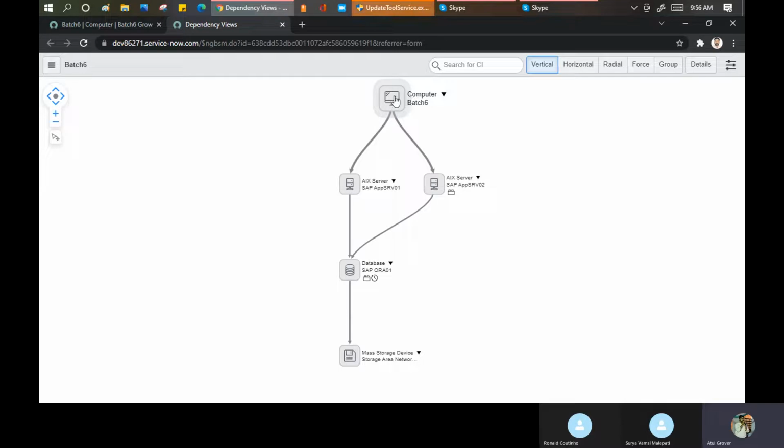Now you can see this batch 6 is the parent, and these two are the relationships which we just built. Now the question comes, Atul, where did these two come from? We didn't build these. This relationship comes from these two, because these two CIs already have some relationship with some other one.